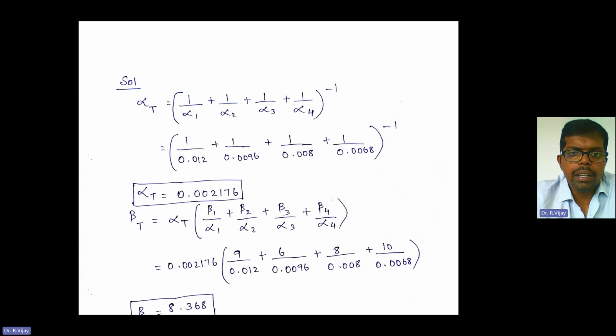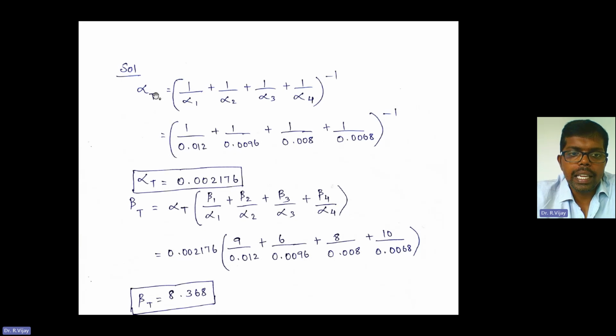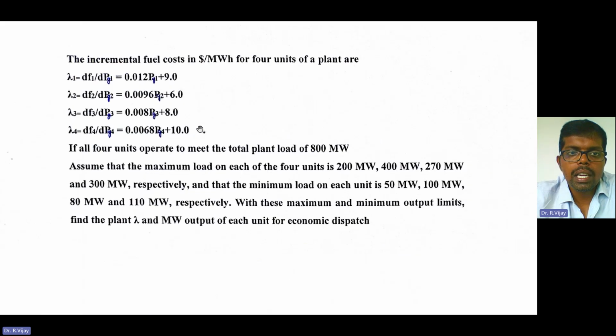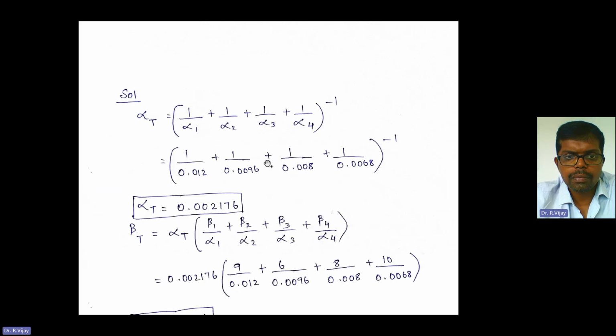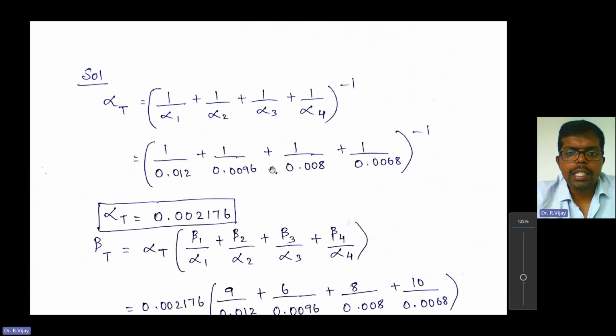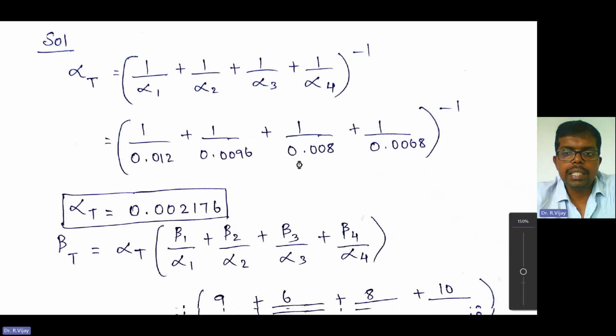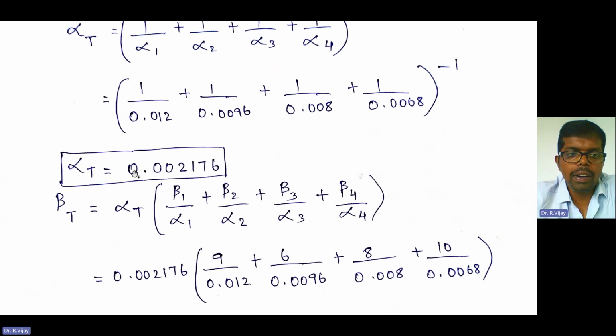First, the solution. First, we need to find out the alpha t. So alpha t is equal to 1 divided by alpha 1 plus 1 divided by alpha 2 plus 1 divided by alpha 3 plus 1 divided by alpha 4, the whole inverse. So here easily we can find out the alpha t. That is 1 divided by alpha 1, which is already given in the problem. This is alpha 1, this is beta 1. This is alpha 2, beta 2, alpha 3, beta 3, alpha 4, beta 4. The same thing we need to substitute over here. So just substituting and simplifying, we are getting the alpha t as